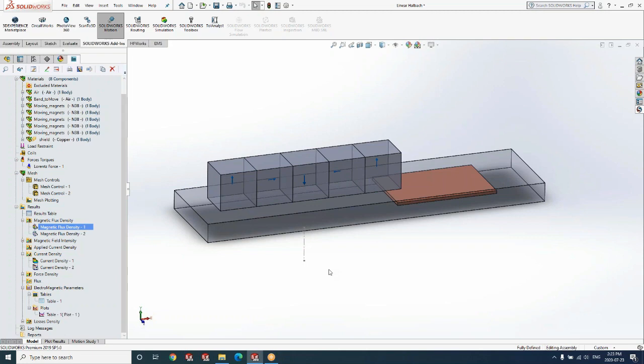The objective, as we saw earlier, is really to understand what happens to the motion of this conductor as it comes in the vicinity of the magnetic field set up due to the Halbach array.